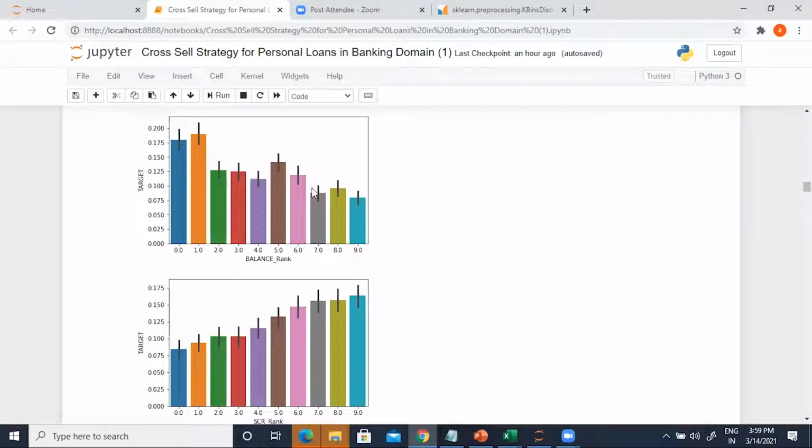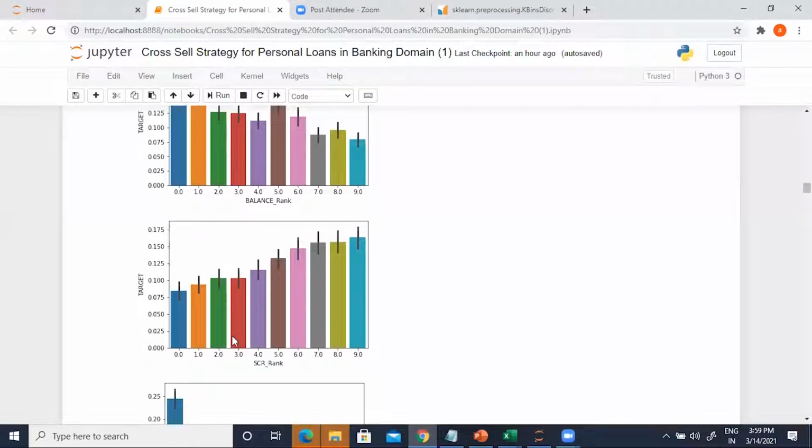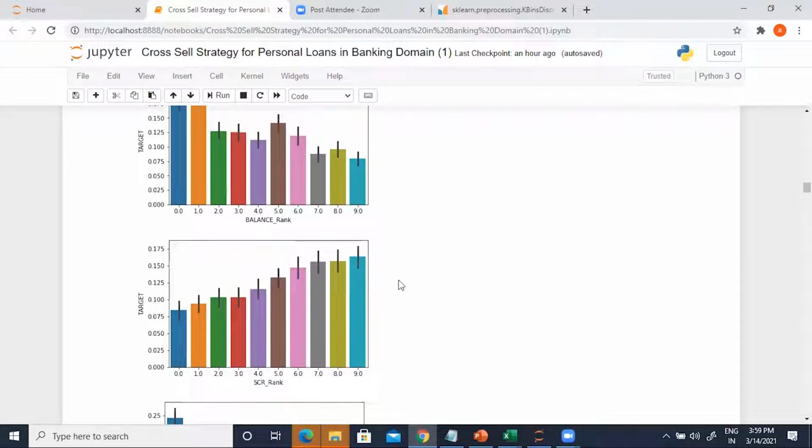Okay. You're able to figure it out, right? Yes. Now comes SCR. With SCR, you can see how the discrimination goes. See, the point is this. When you get these graphs, all you do is take out your snipping tool, copy this and put it in a PPT or somewhere, and your story is getting built.